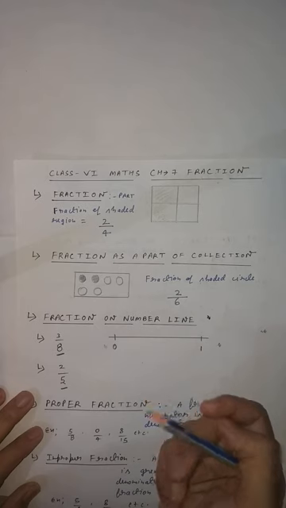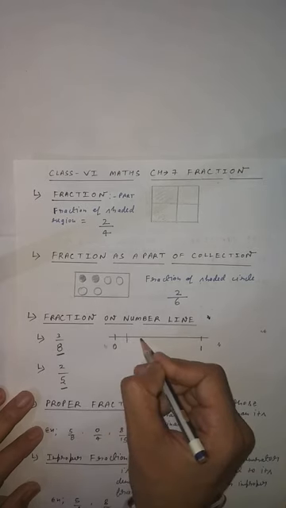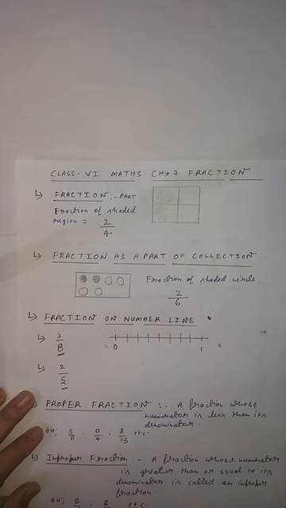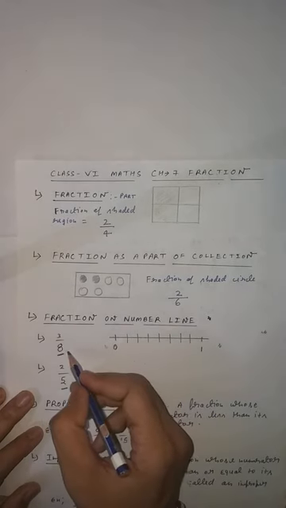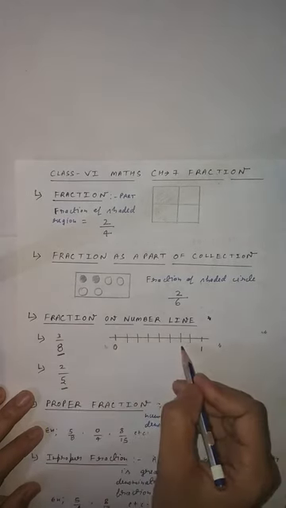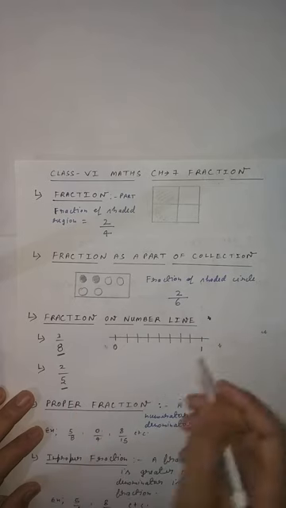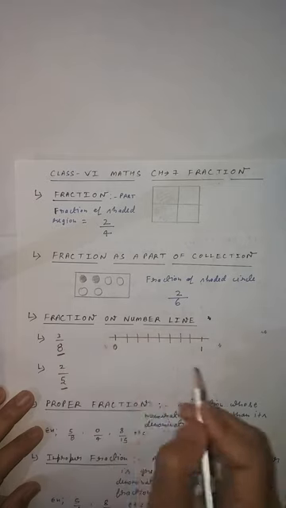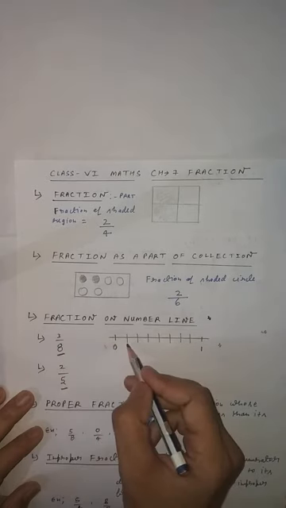So according to the rule, you have to divide into 7 parts. So 1, 2, 3, 4, 5, 6, 7. Clear, students? If 9 is given, you will divide into 8 equal parts. One less part you have to divide, because the last part comes the same. So if 8 is given, you divide into 7 equal parts.